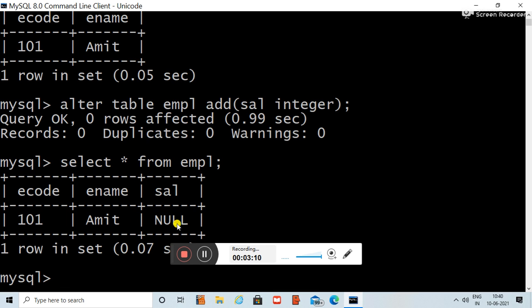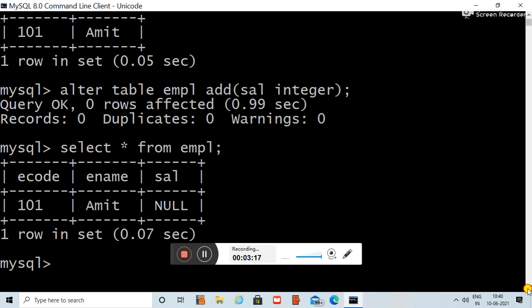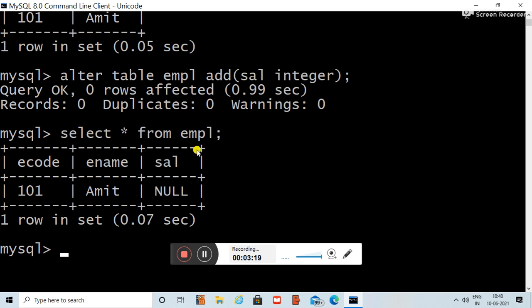Now how am I going to add values? I can add them with the update command. I can add the values with the update command also. See this one, the sal column has been added, no entries are there. For that it has been displayed as null. Now if I use the update command,